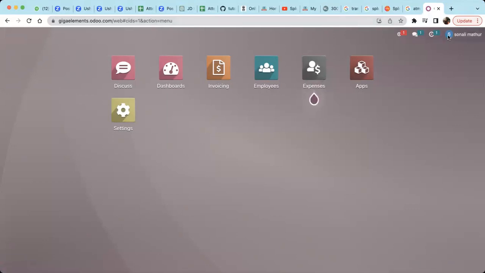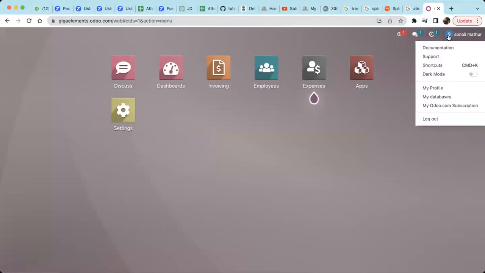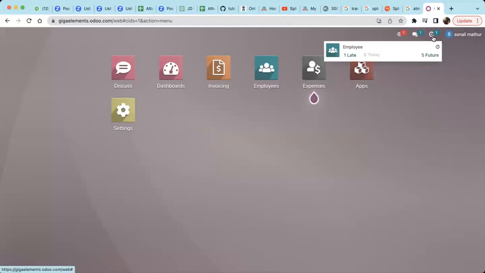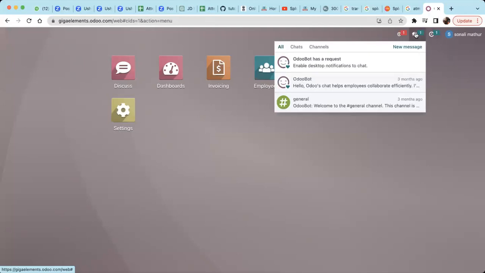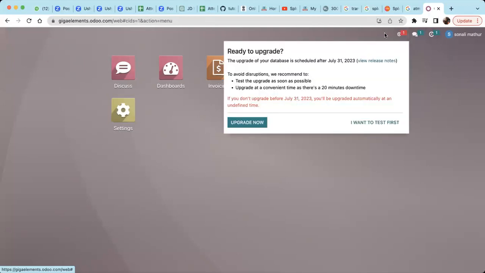So we have to cover that you should be able to click on this login, that whosoever is logged in, their name should be displayed, and when we click on it, we get these options. Similarly, this is nothing but a notification or something. This is chat, and this again we have something. So let's go into the